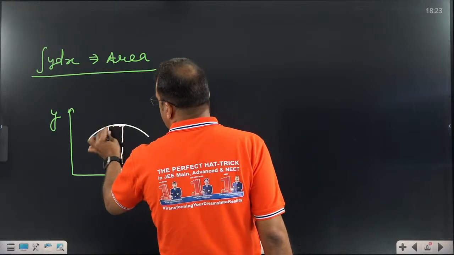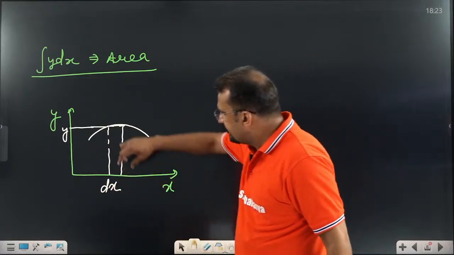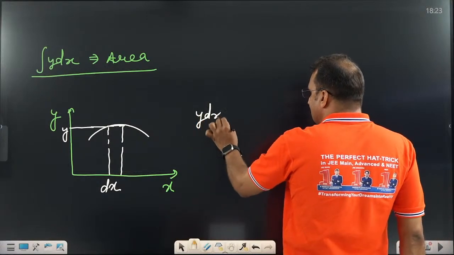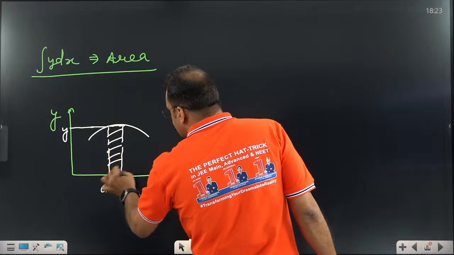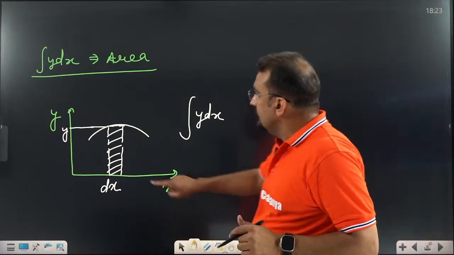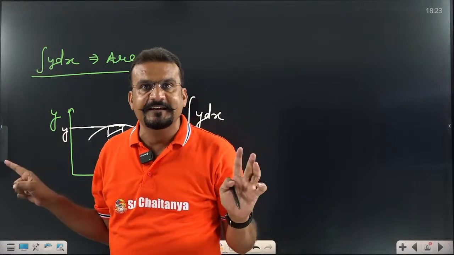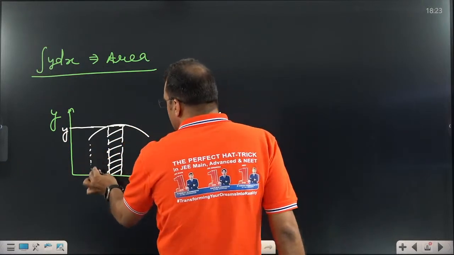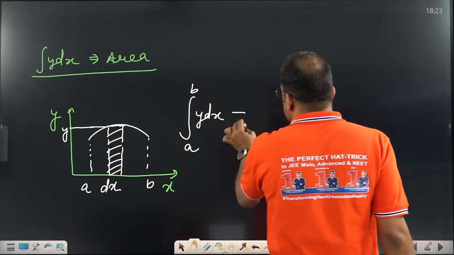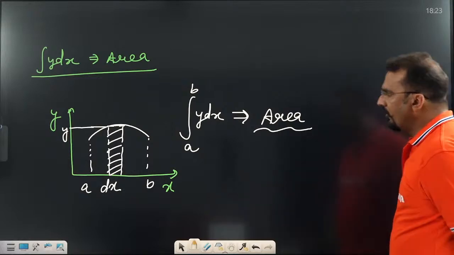Let's assume the function at this point is y and this width is dx. You know what the area is? You can say length into width. What is the area? y dx, yes or no. But this area is only defined by this one. If someone asks you for the complete area, that means if no limits are defined, we have to add one indefinite constant, that is c. But if I define the limit from a to b, that means he is defining the limit, that means we are going to find the area. This is called the geometrical meaning of integration.